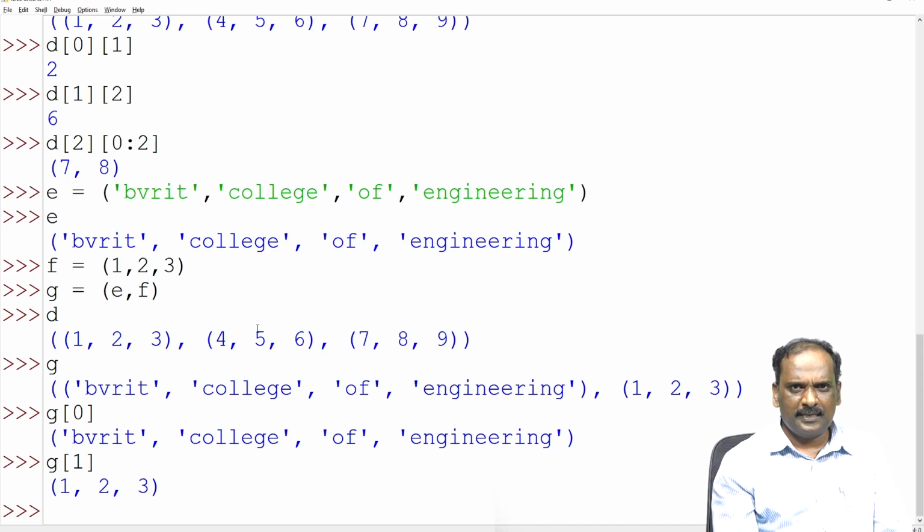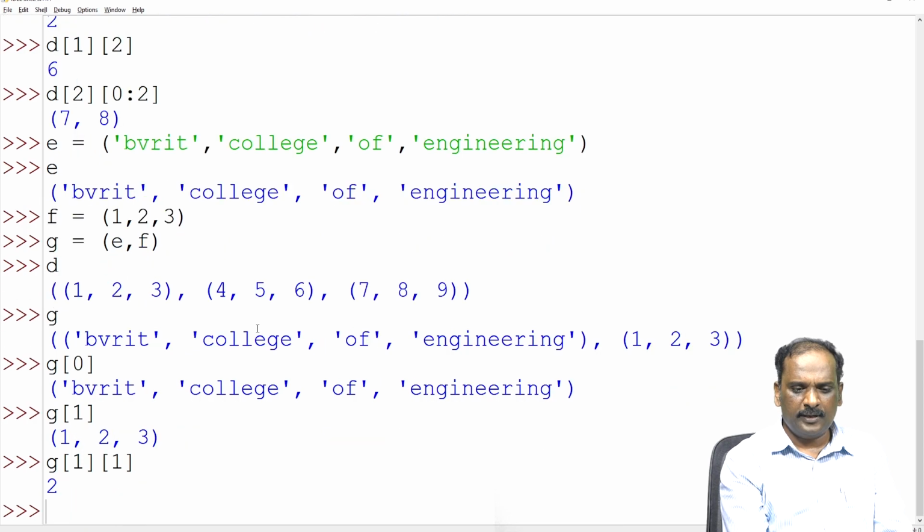Now I want to access the elements at index 1. Say that I want to access college: G of 1. Where is college located? The college is located at index 1. Now if I display G of 1, you can observe that